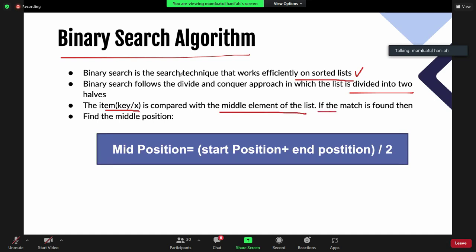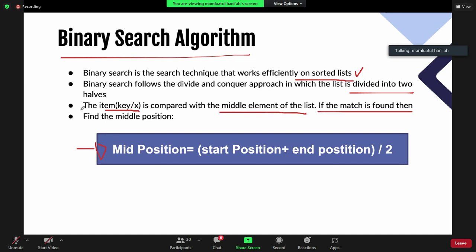If your data matches the middle element, then you have found the data. Okay, and for the middle element, we need to search first where the middle element is.